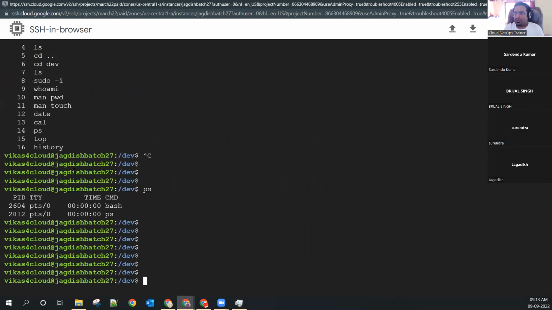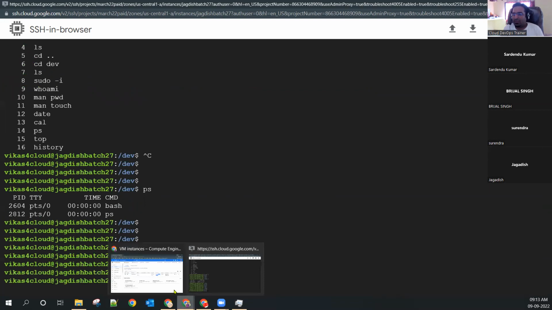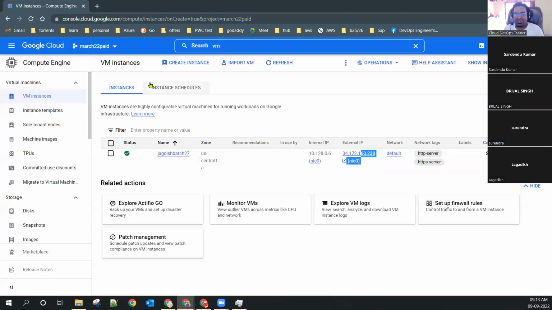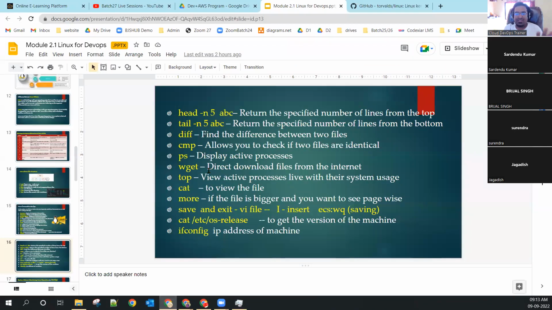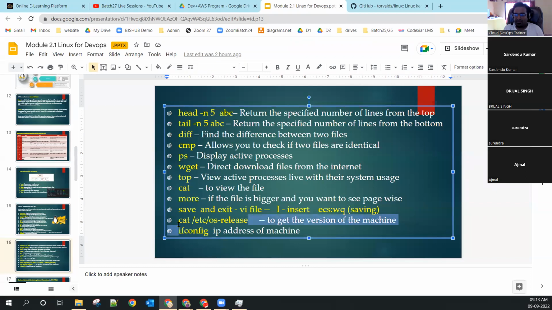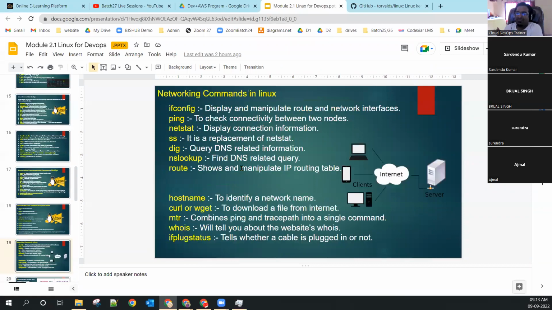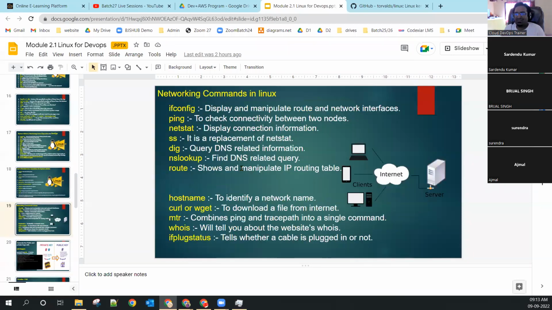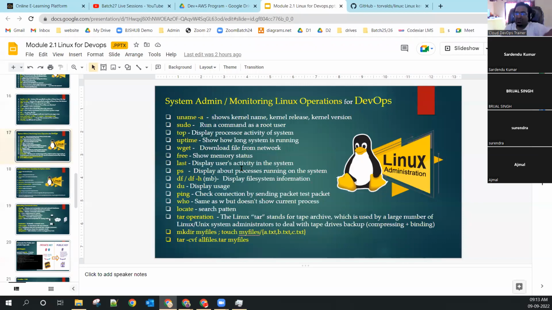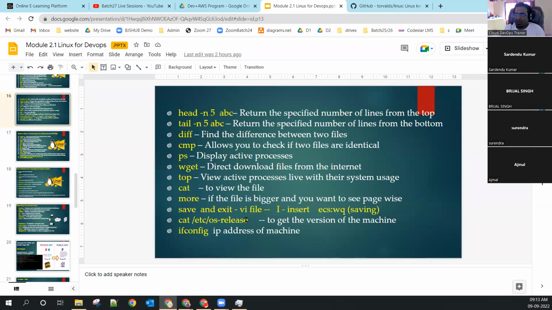Cool. Good. Guys, I hope you are able to understand, right? It's not heavy for today. You are able to digest it. Anyway, anyone here who feels that it's heavy? Okay. No? Okay, cool. Let me tell you some more commands. At least 20 commands for today, because I have a big list. I want to make you an expert in Linux. I have lots of commands, but at least 20 for today. It's more than enough.